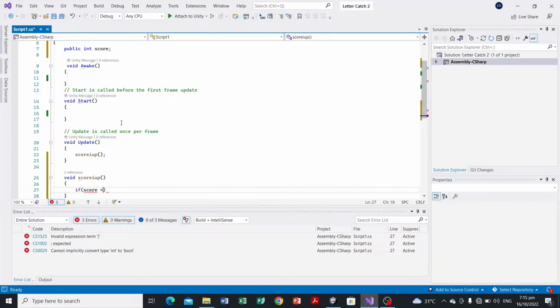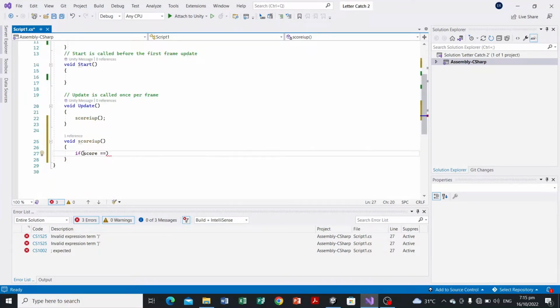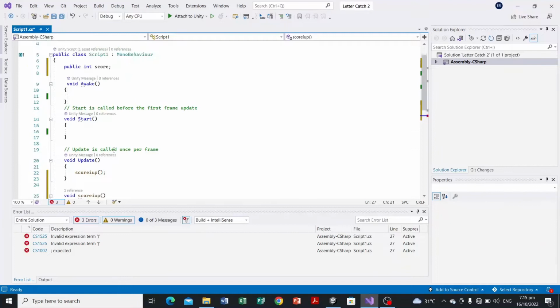We can use equal, and, or, greater than or equal, less than or equal. So for this example, let's use first the equal. If you're going to make the condition equal, you will have to write double equal sign. So if score is equal, let's say